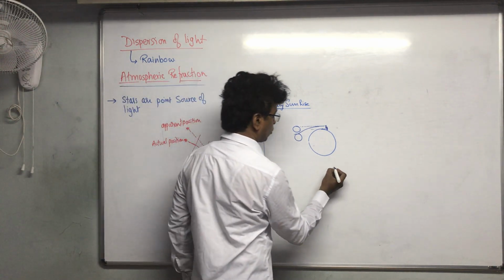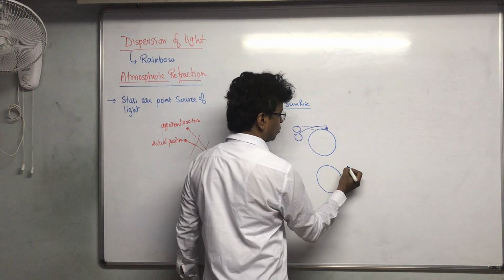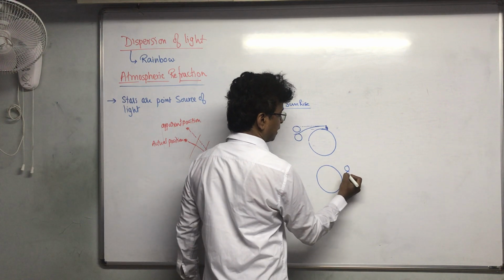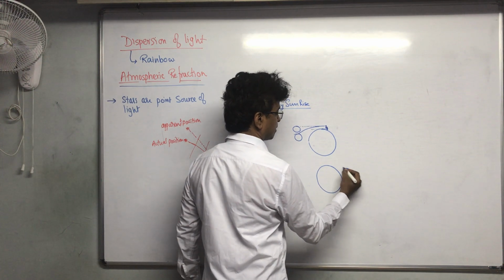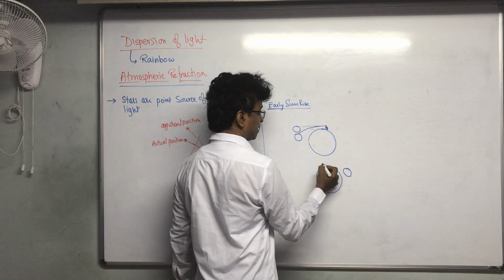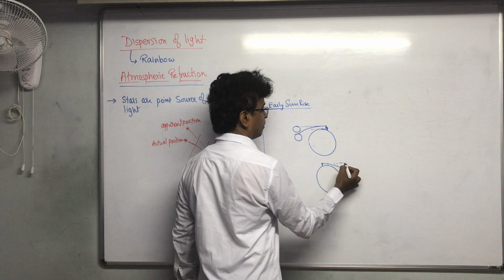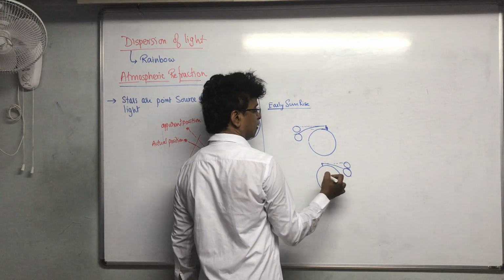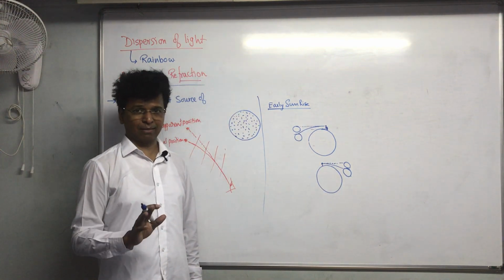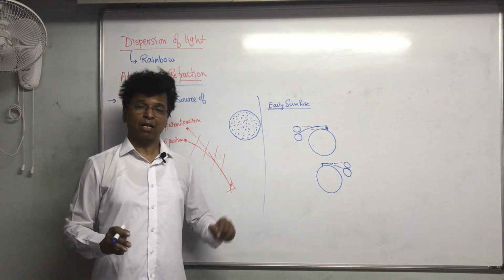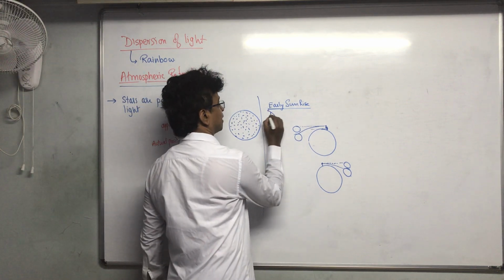Same thing happens in the concept of delayed sunset. The sun basically is going down here, and now it has set. Sun has set over here. But though the sun has set and you are standing over here, the rays of light bend and reach over here, and then the sun appears to be over here. So for you, the sun has not set. For us, on the horizon, the sun has not set, but actually the sun has set. So this is called delayed sunset.